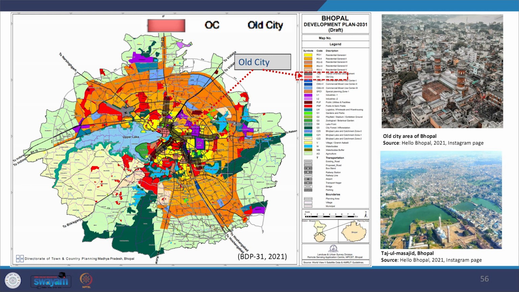For the purpose of conservation of heritage precincts and structure within this zone, the appropriate authority has recommended to undertake preparation of heritage conservation and management plan for Old City Zone, where they would identify and categorize all structures and precincts based on their heritage value.